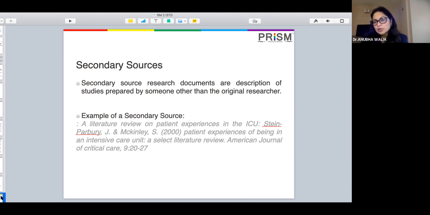So when I was doing my research on leadership style, I followed the path goal theory, which had already been given by another person. So that becomes a secondary element. The secondary source may be used when the primary sources are not available, if the researchers want external opinions on an issue or a problem, and even the results of their own research. So accordingly, you can build on your secondary source. Let's try and